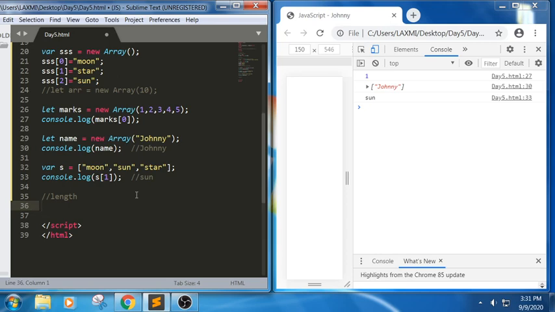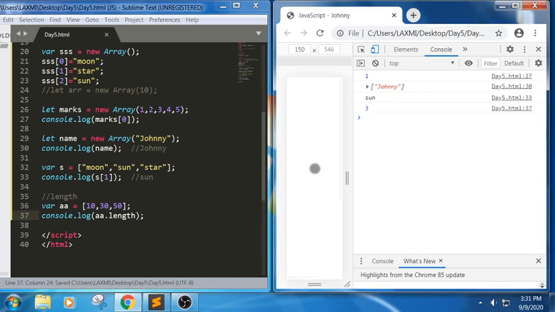So what is the use of length? The length property is used to calculate the length of an array. For example, I am trying to write variable a equal to 10, 20, 20, 30, some dummy values, and if I want to calculate the length of it, for example in some input fields or some arrays, where we want to calculate the size, then we can use this.